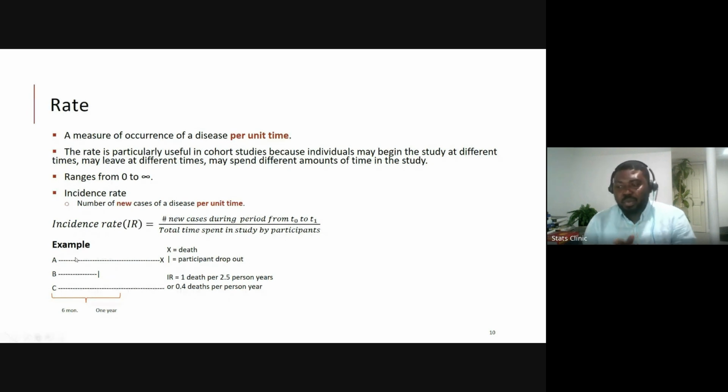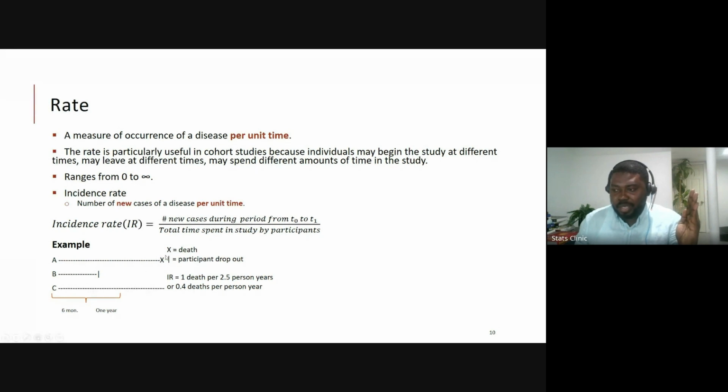There are a number of things that can happen to different people. And that's what this example shows. In the beginning of January 2023, we have 300 people. Some people in that time will experience the outcome. They'll become obese. Some people will drop out of the study, for whatever reason. It might be that they move away from the community, or they travel abroad, or they have to go to school, and you don't know what's happening to them. That is this person, B, who dropped out. Person A experienced the outcome.